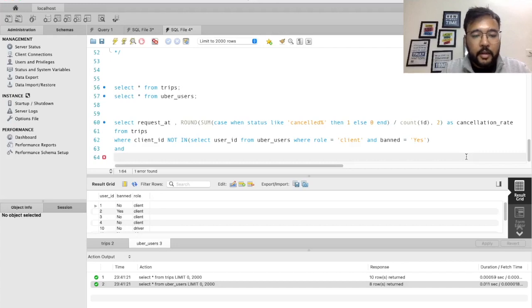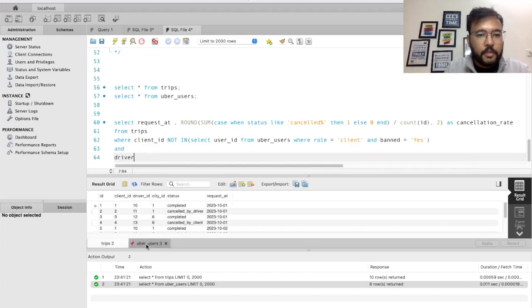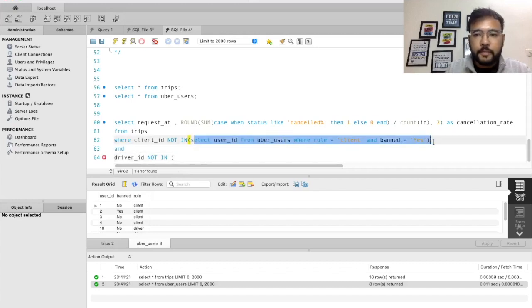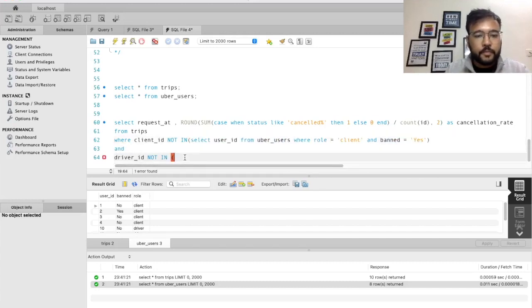So we can write driver, yes, so it's driver ID not in. Let me copy it from here, right? Now we just need to change the role because here the role is driver. So guys, by using these two subqueries we can simply filter out those users, that is clients and drivers, who